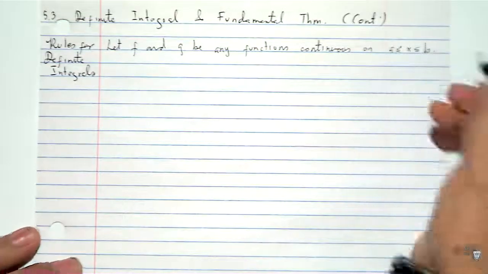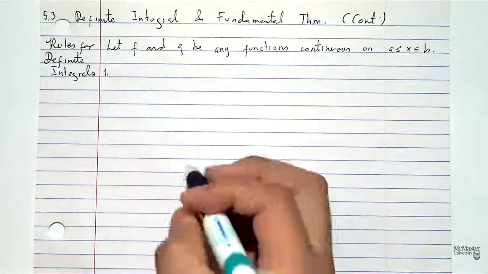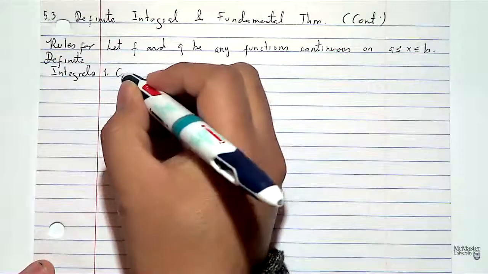So, we'll define a couple of functions, f and g, which are continuous on the interval [a, b]. And the first rule is the so-called